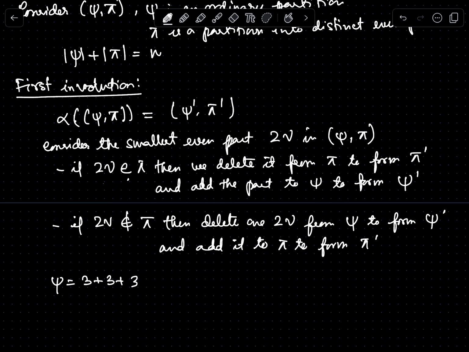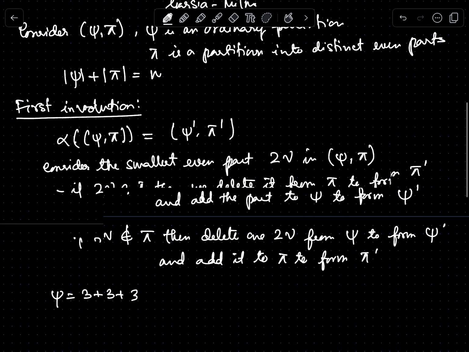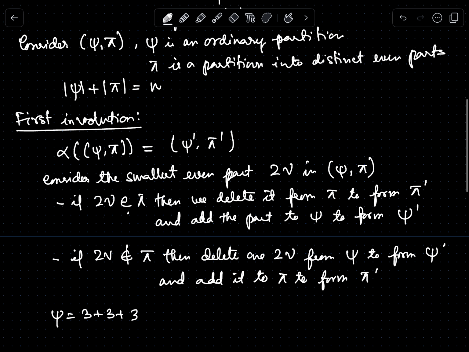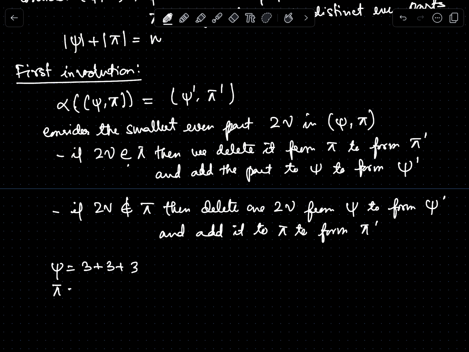Okay, so this is clearly an ordinary partition. If you recall, psi is an ordinary partition and pi is a partition into distinct even parts. Let's say pi is 2. This is clearly a partition into distinct even parts. Now if you apply alpha,